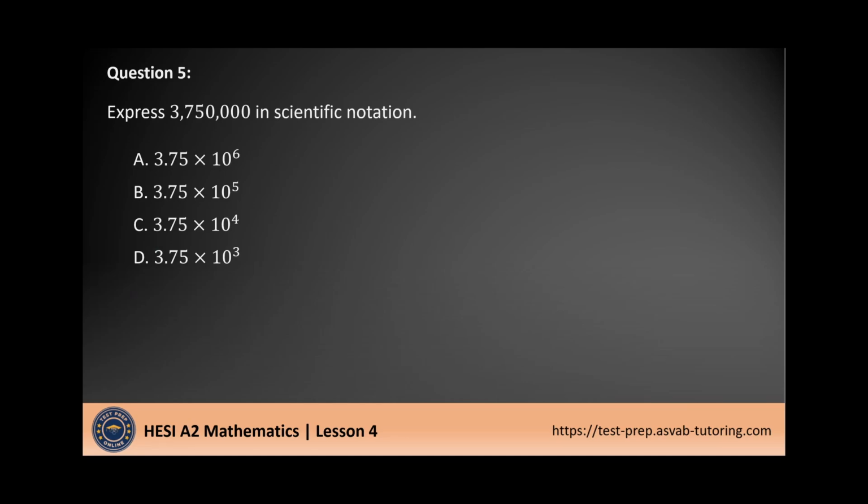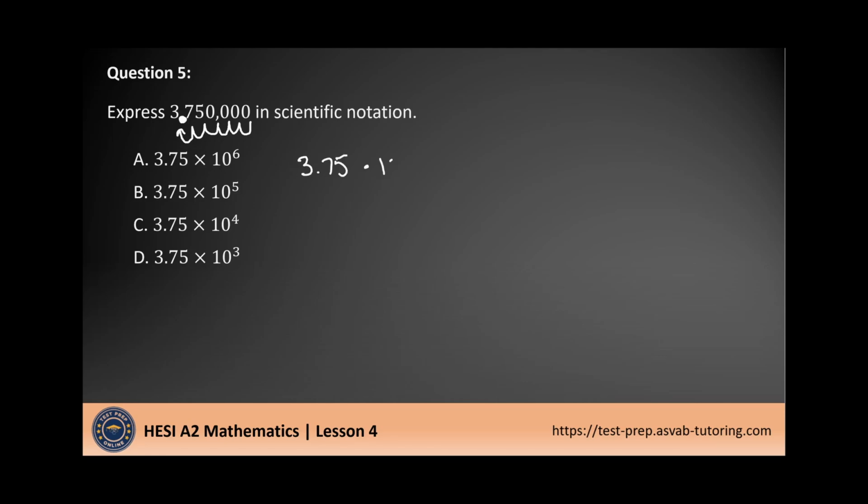Express 3.75 million, or express 3,750,000 in scientific notation. So scientific notation is a notation we use for really big numbers and for really small numbers. We want our decimal to have only one number to the left, so in the ones place. So in this case, it would be right here between the 3 and the 7. So the 3 would be the only number to the left of the decimal. Now, how many times are we going to have to move this decimal to get there? It's going to be 1, 2, 3, 4, 5, 6 times. So we're going to have a 10 to the 6th, and that's going to be